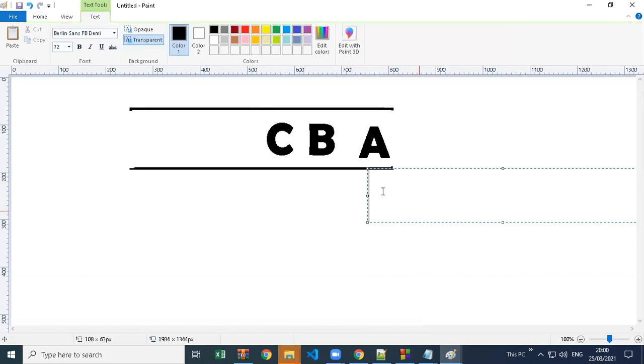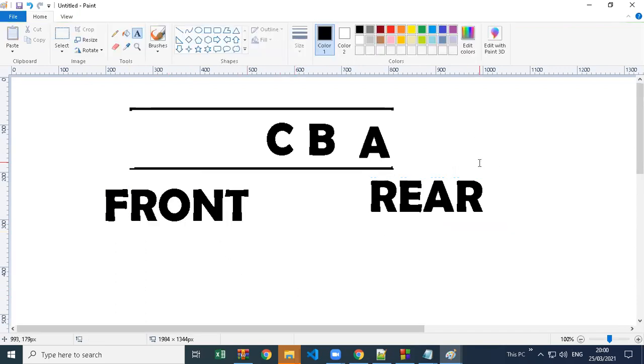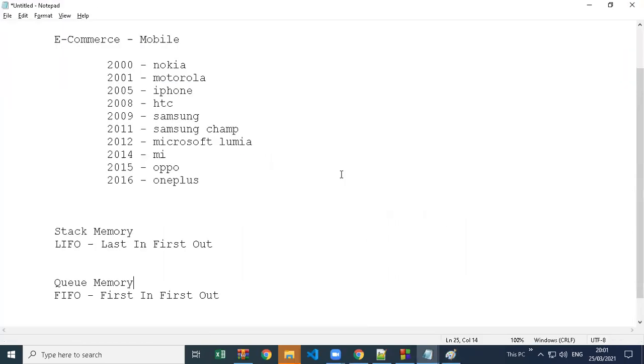So in the pipe we have two ends. One is called the rear end, and another is called the front end. Front and rear, like front and rear camera. So from front we put the values, and from the rear end we remove the values. So this rule we have to follow, and then you will get FIFO. You put ABC, you get ABC out. What you put, in the same manner, same order, you get your values. So that's why it is called a queue memory, and it's FIFO, and stack is LIFO.